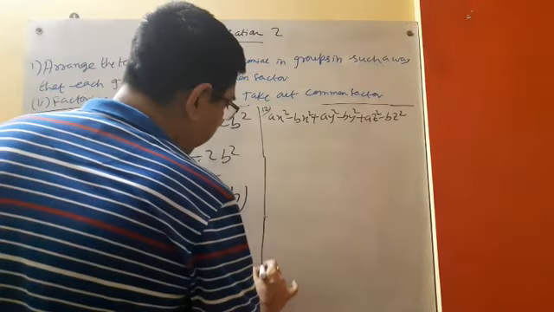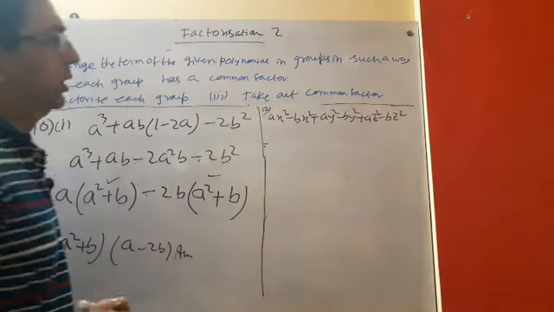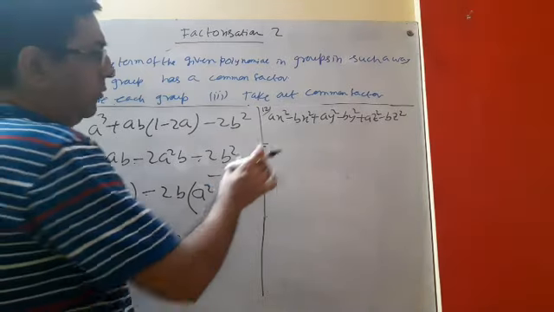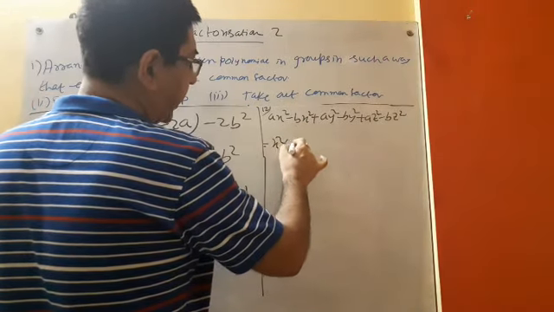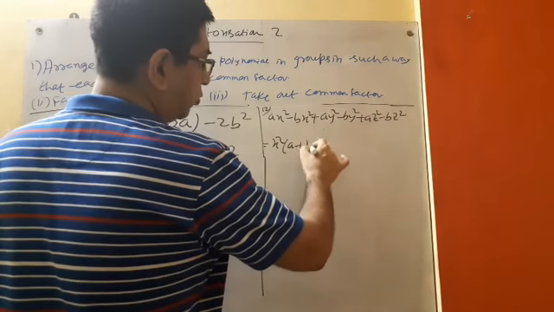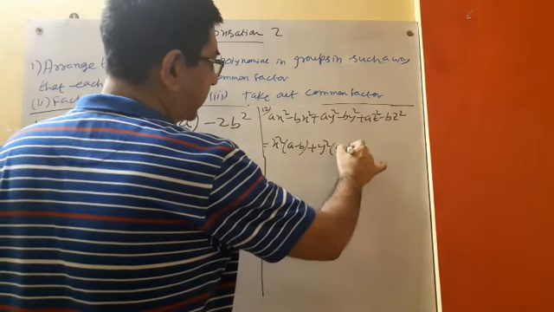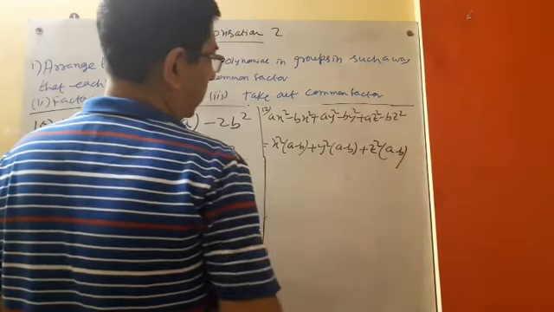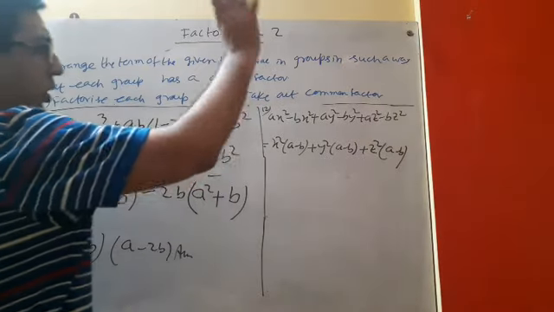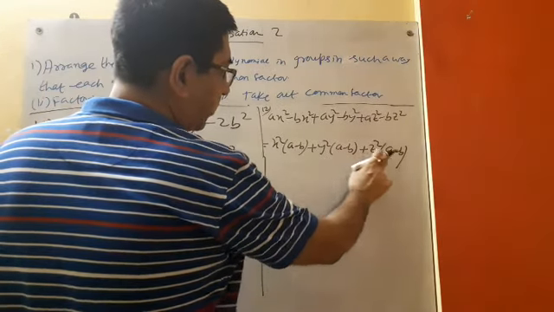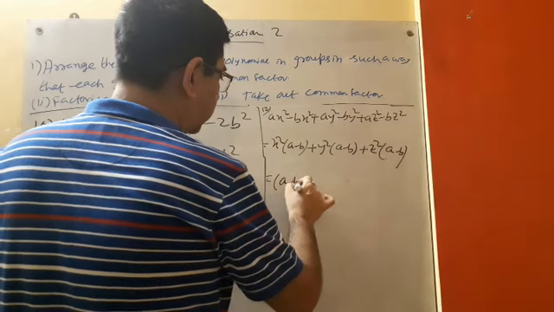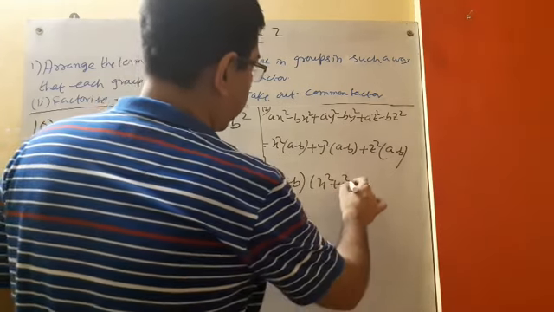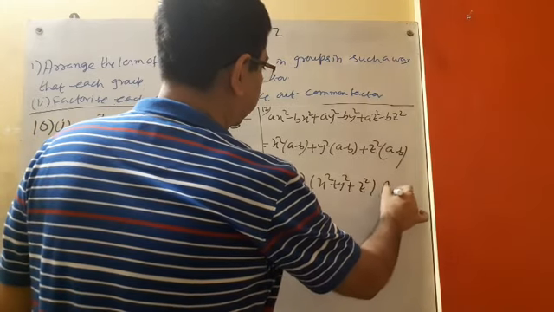Now we move on to the last sum today. ax square, look, there are 6 terms. We can make groups of 2. From the first 2 we can take x square, a minus b. From the next 2 we can take y square, a minus b. And from the last 2 we can take z square, a minus b. Now take out the common one, a minus b. We are getting x square plus y square plus z square times a minus b. This is the answer.